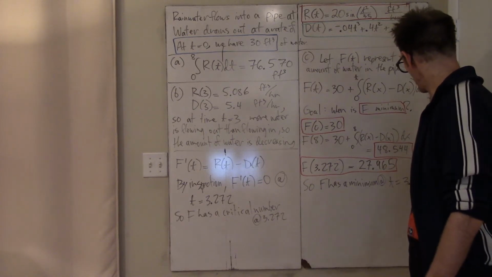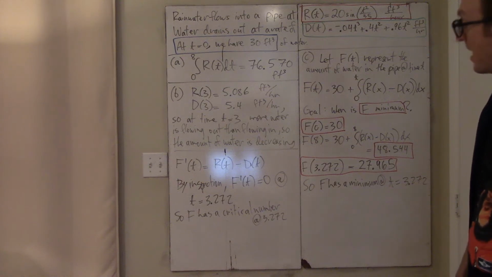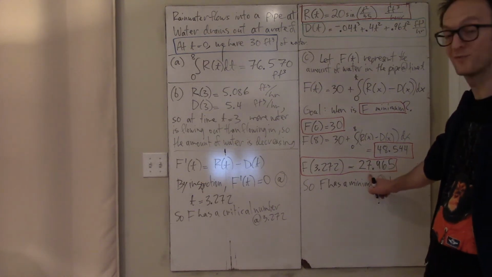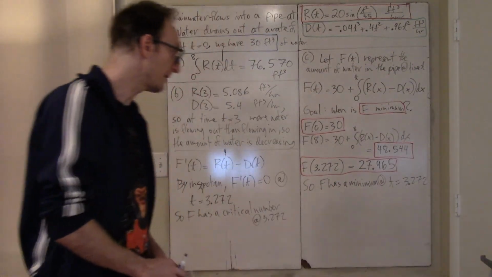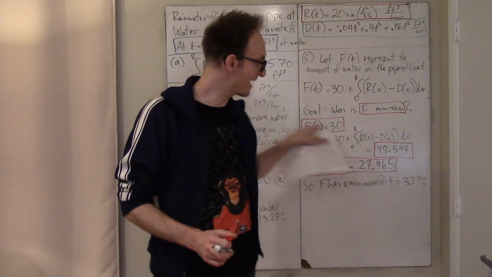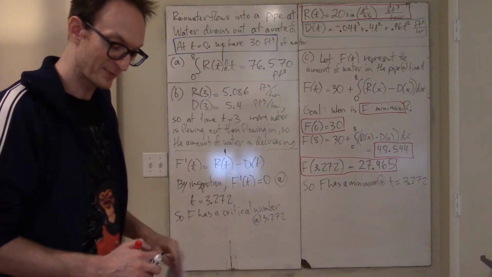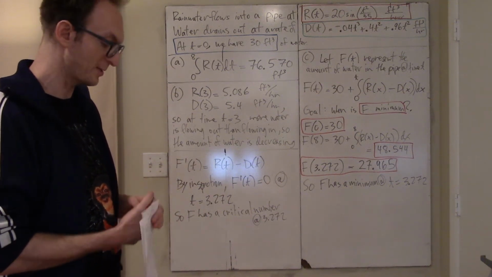3.272. And here they're not specifically asking for what the minimum value of the water is. They just want to know at what time there is a minimum. But you sort of had to compute this number anyway because you had to compare it to the value at the endpoints to show that it was lower. Now, if you really wanted to,